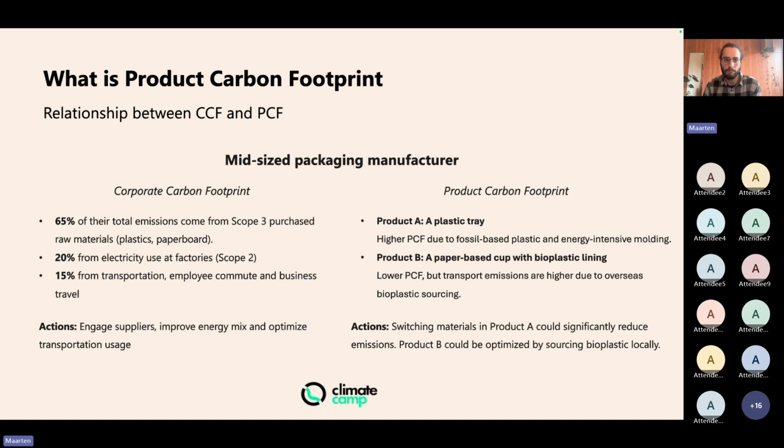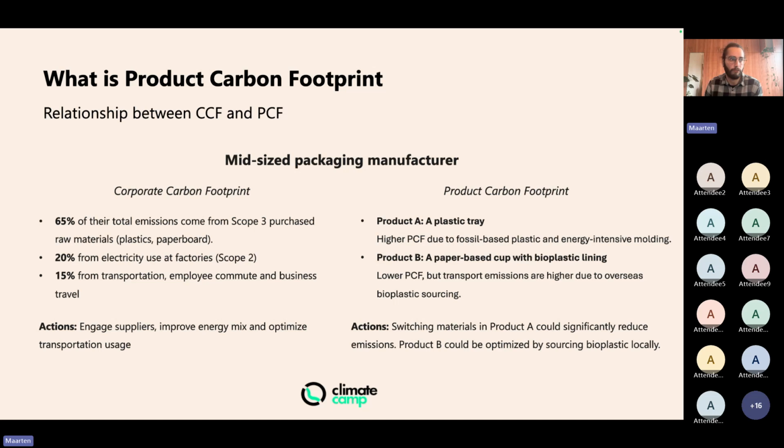I've drafted a quick example from a packaging manufacturer, and I've simplified the numbers just to make it easier for this webinar. So if we look at their corporate carbon footprint, we see a large part is purchased goods and services. Some percentage comes from electricity use. Some percentage comes from transportation, employee commute, and business travel. A sustainability manager, sustainability director, or somebody else within a management team could look at these numbers and go, okay, we need to engage suppliers. We need to get more specific information. We need to improve the energy mix of our factories or optimize energy use for factories, and then optimize the